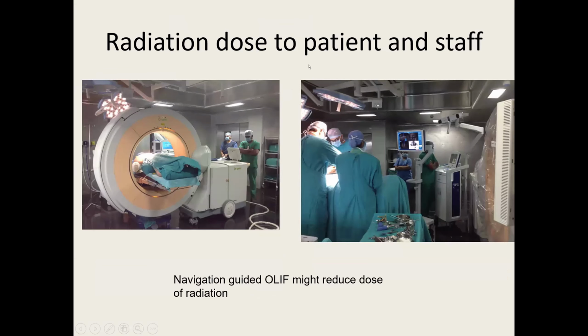The last complication is radiation dose to the patient and staff, as many times you have to use fluoroscopy. All the time we think only of the radiation to us, the doctors and staff around. But there is a radiation dose also to the patient, especially in young patients. So one has to also think of the number of shots which are used. People have started navigation-guided surgery, which we have not done, where you can work with the O-arm. They have the O-arm, but it is not used. Doing everything with navigation guidance probably reduces the radiation dose to the patient and to the hospital staff.